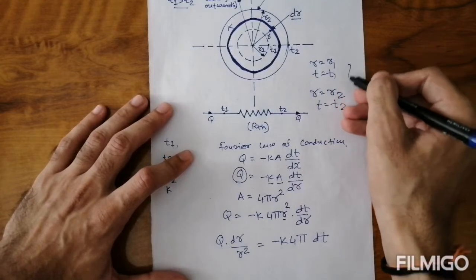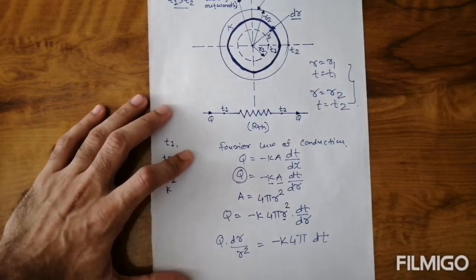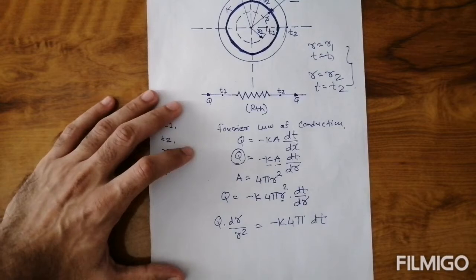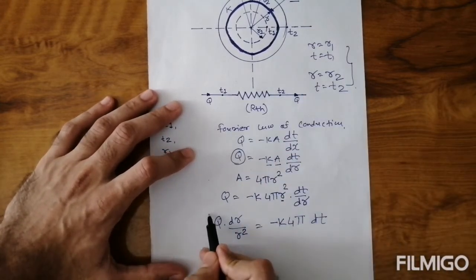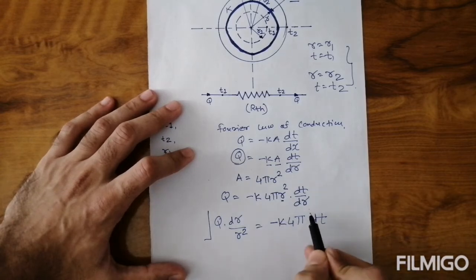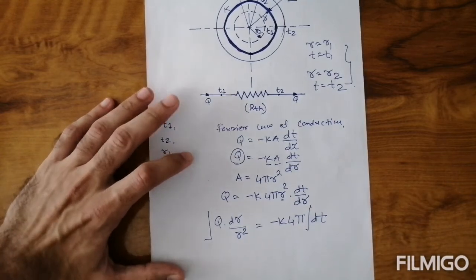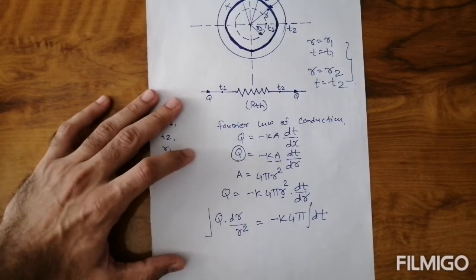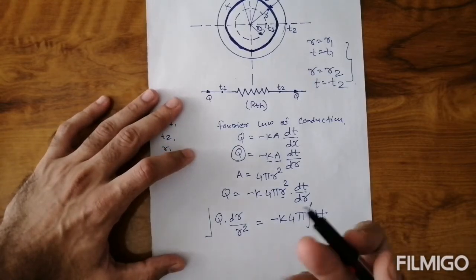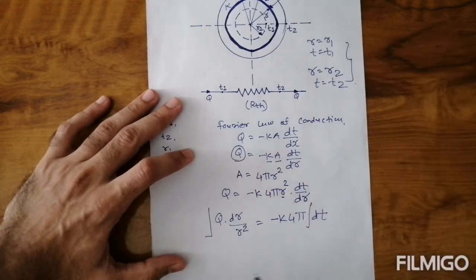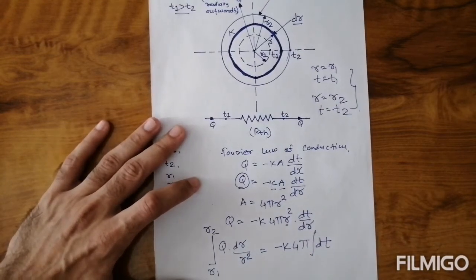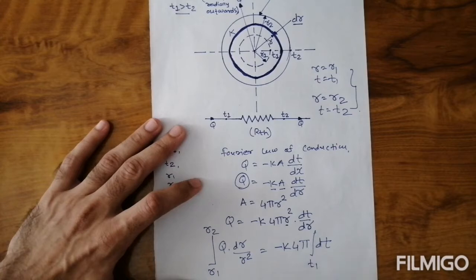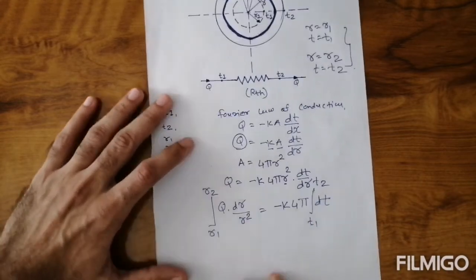Now we have considered the boundary conditions, but how do we apply them? For that we integrate the equation with respect to those boundary conditions. Integration is taken on this side, and similarly on this side, where the constant term is there. What will be our limits? On the radius side, the inside and outside radii, so r1 for the inside and r2 for the outside. Similarly on the temperature side, the temperature limits are T1 and T2. Okay, up to that over.